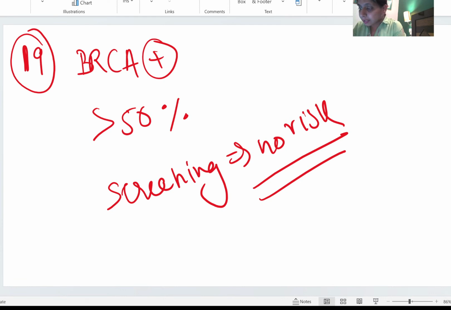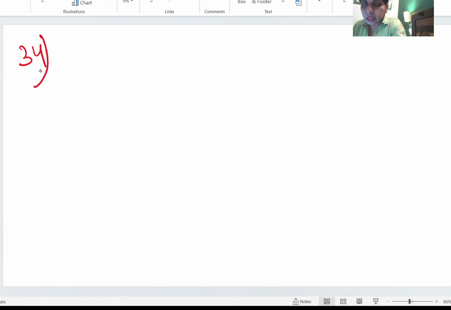Mamta is asking 34 and 35. 53 years post-menopausal female with endometrial hyperplasia and atypia. Better endometrial. 34 is if there is endometrial hyperplasia, it means that patient is at risk of becoming endometrial cancer. Since the age is 53 and atypia is also there on the histopath,